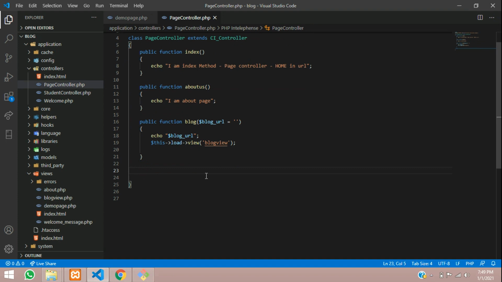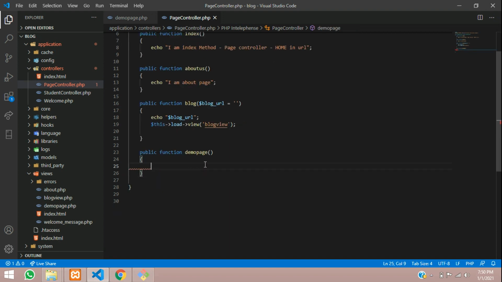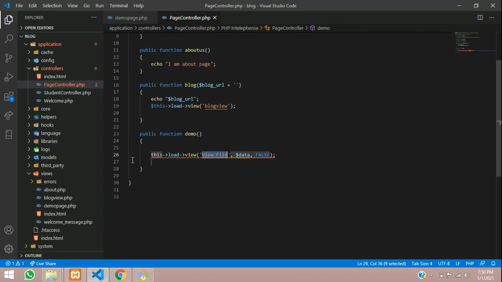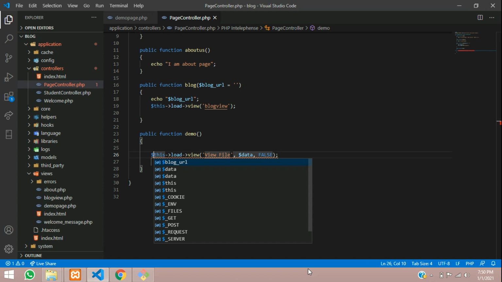Now I'm going to create a public function, demo page, or else you can call it just demo. Let me call this. Let's load the view, load view. This is how you get that output to view the page.